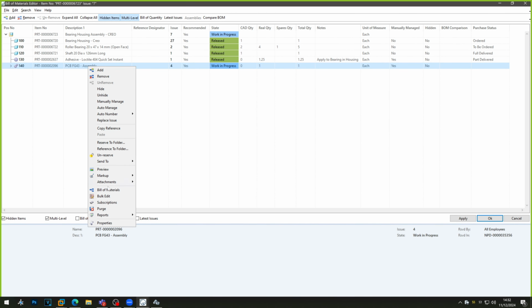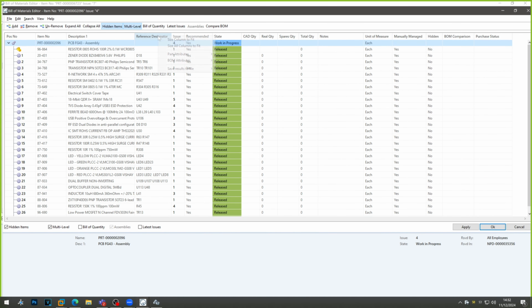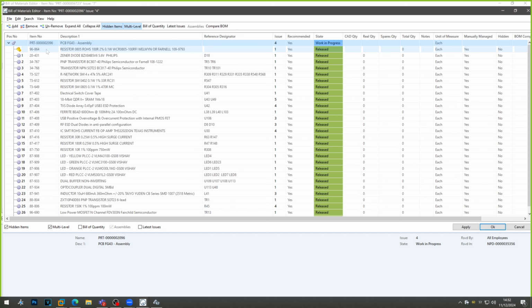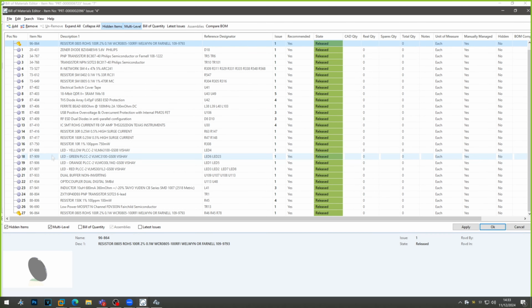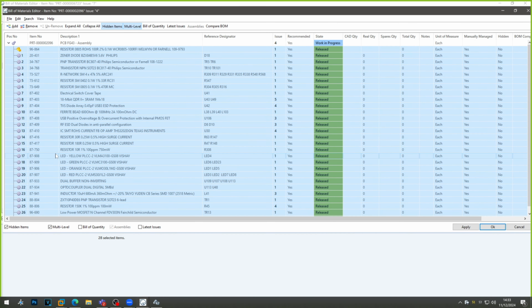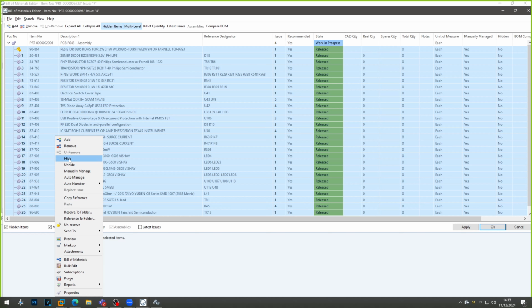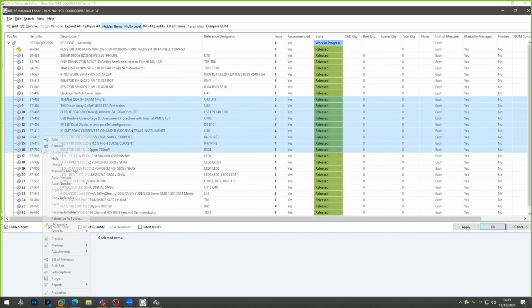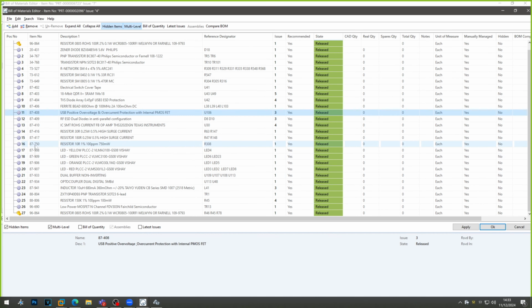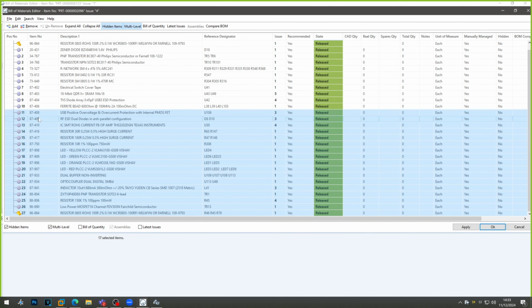If I open this in its own BOM, because it is its own bill of materials, I can select some or all of the items within that assembly, and I can hide them. So I can say these are hidden, or maybe only some of them are hidden. Let's say if we go up to number 10, then we know that we only have 10 visible items in that bill of materials. So if I hide all of those, you'll see there's a column here that says hidden. All of these are yes, hidden. If I apply the changes,